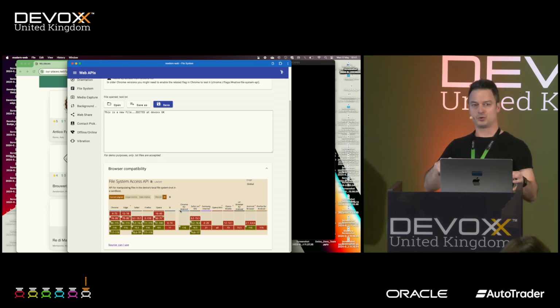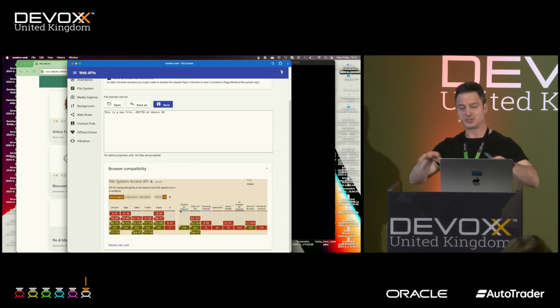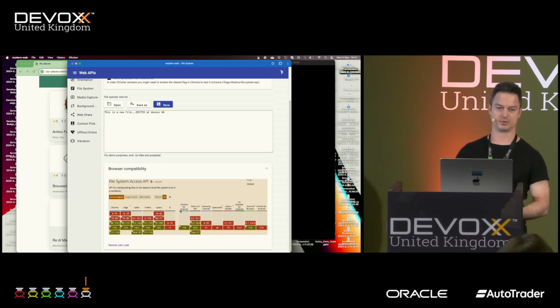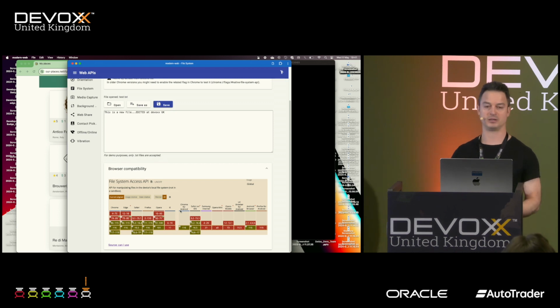Thanks also to the Fugu team and so on, they try to make all these APIs as cross-browser compatible as possible, in order to be able to use these capabilities more and more across all browsers. Yeah, welcome.